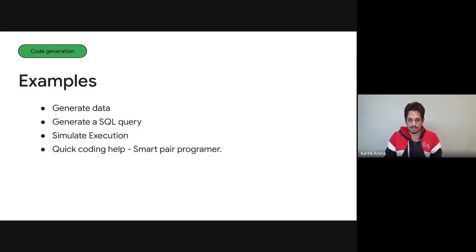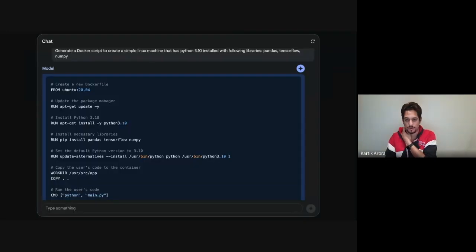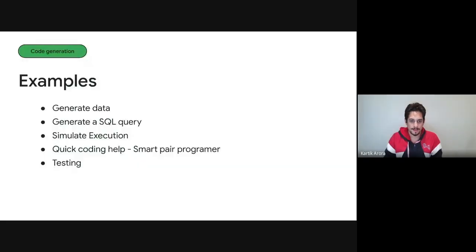We can also use Gemini Studio or the Gemini API as a pair programmer. In this example, I'm not an expert or even remotely close to Docker or Dockerfile syntax. So instead of spending hours on Google to figure out how to write Dockerfile syntax, I can just ask it to help me, and it generates something basic which I can use. And obviously, before I use it, I will have to make sure that it's right and it's not hallucinating.